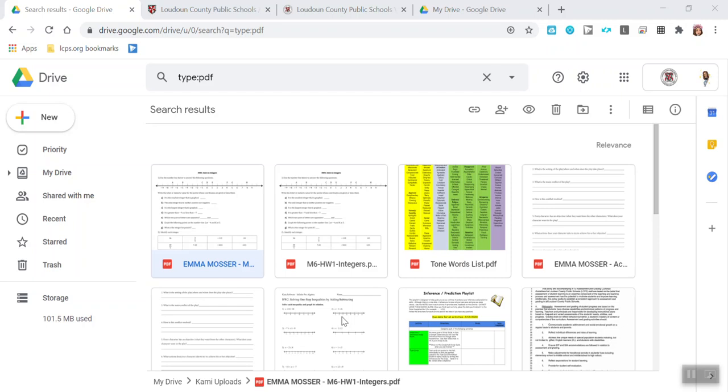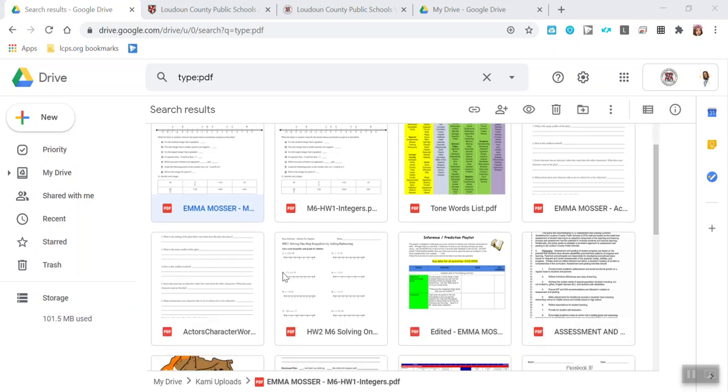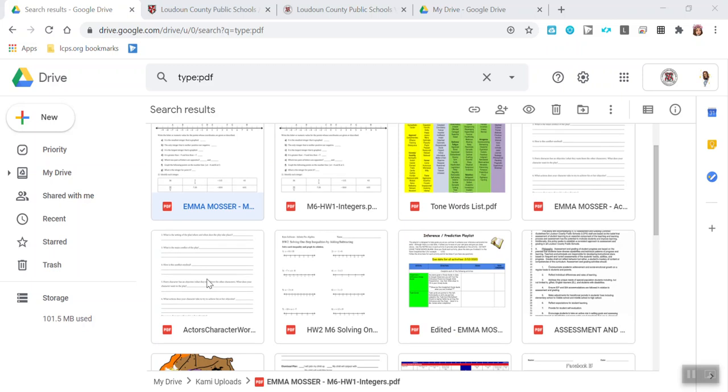Alright, so here is how you go about using Cami. To do this, I went ahead and had my daughter log into her account. So I'm looking at her Google Drive. So what I'm going to do is go ahead and just open up one of these files